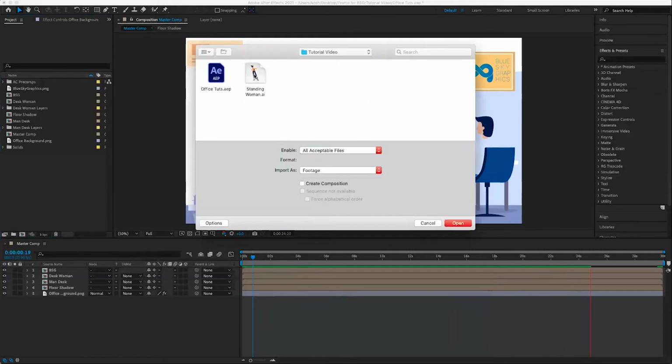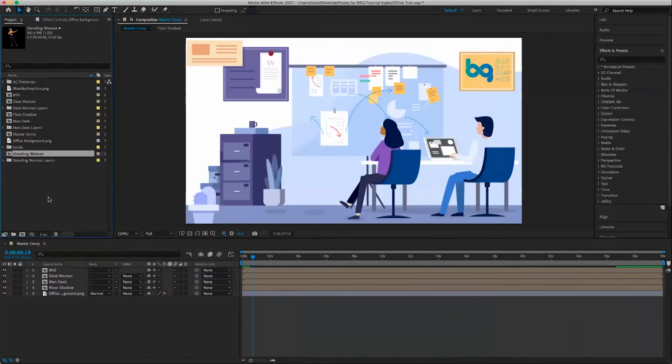Here we have our standing character Illustrator file. We want to go ahead and select this one, and then we want to make sure we import it as a composition, retain layer sizes. This is very important for us because we want to make sure we have the same layer sizes as the ones that we had saved in Illustrator. Go ahead and press open, and now you can see that After Effects has gone ahead and created a composition